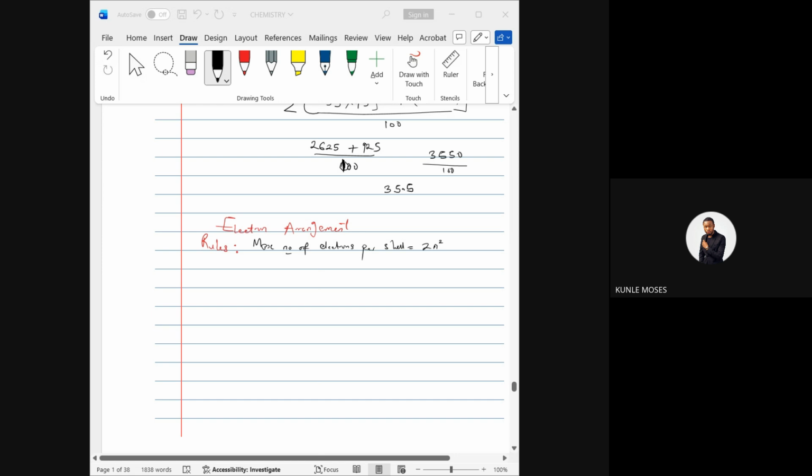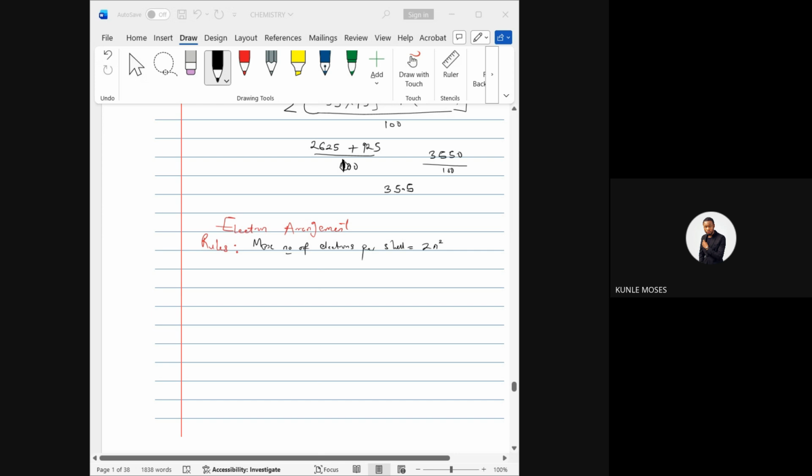So do you remember the rules? I said the maximum electron per shell should be 2n square. And I said the shell should fill from the lowest energy level to the highest energy level. So let's start with the electron configuration. Which element should we start with? Let's start from the simplest, hydrogen. What's the atomic number of hydrogen? That's the first element, right? It's atomic number 1. So the electron arrangement will still be 1. Helium would be 2.